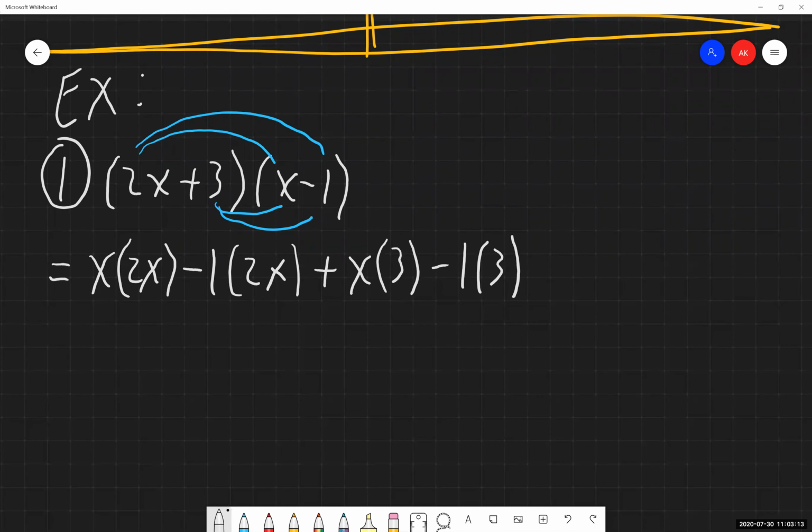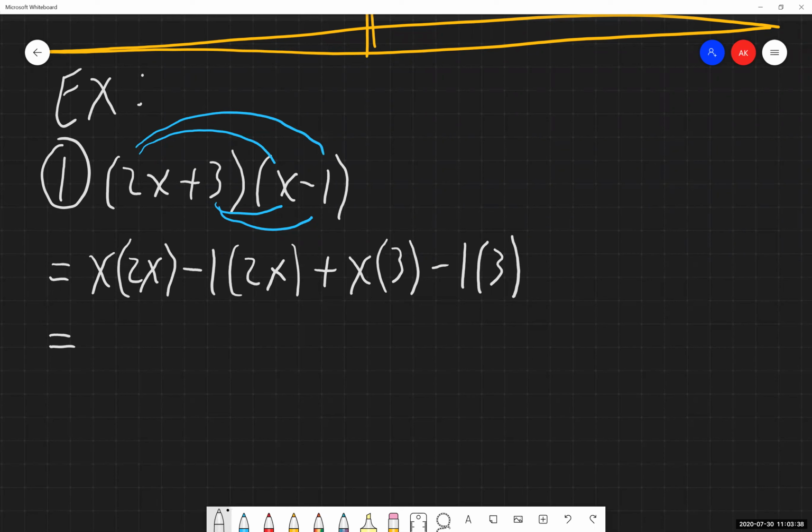Again, I think it's very difficult for a lot of people, myself included, to keep track of what are we distributing through, what's the result, where do I have it written down for myself, or where am I at with the problem. There's a lot that's going to go on with these. So if this makes it abundantly easier for you to go through and solve these things, then you should absolutely do this.